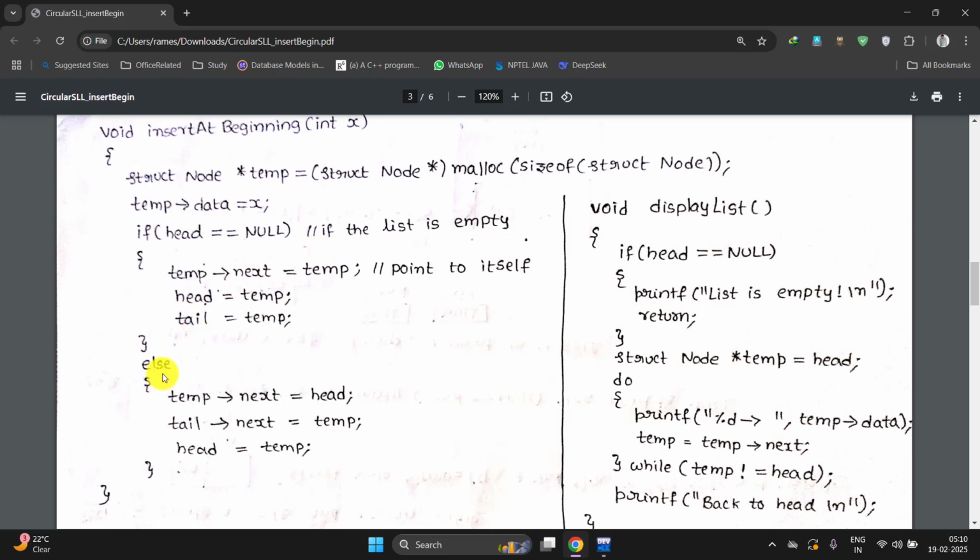If there are some nodes, first of all, create the link between the first node, whatever node you have created, right? That will be the first node, because obviously this is an insert beginning function. So that node and the previous node should be interconnected. What is the previous node? The previous node is obviously the previous first node, right? That should be interconnected. So temp next is equal to head,